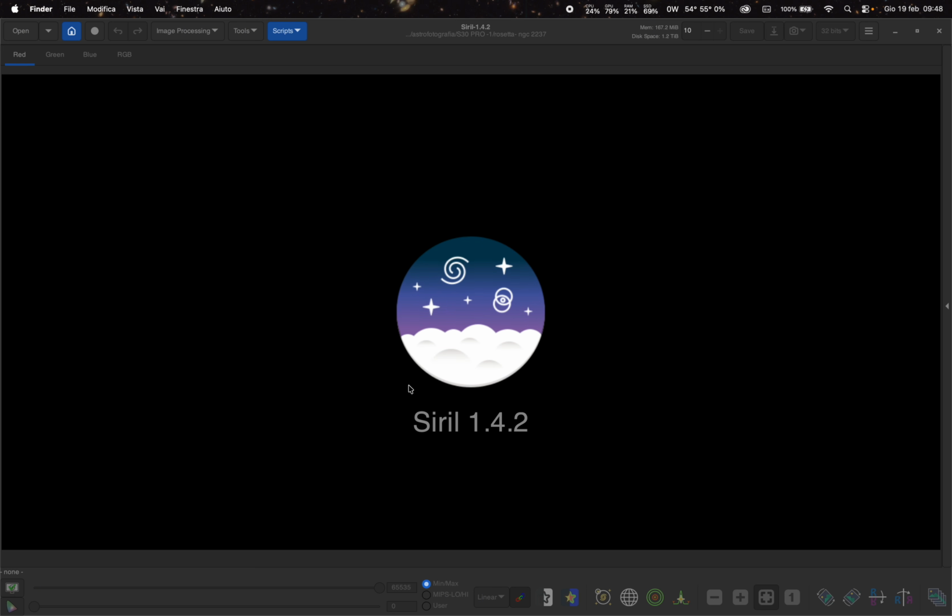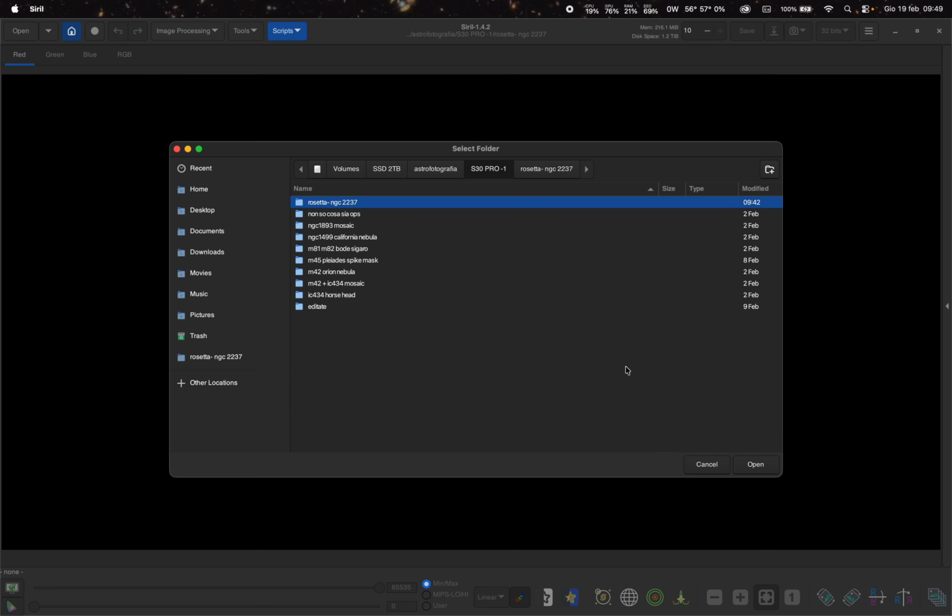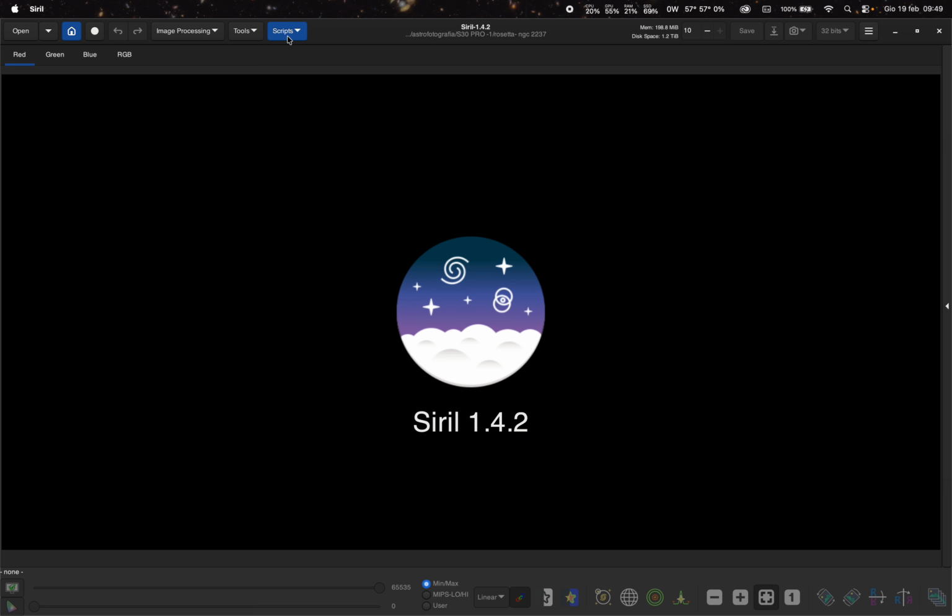Once you do this, you can go on Siril and we have to tell the program which is the main folder that it will use to do all the processing stuff. So you have to click on the house here, change current working directory. So you have to find where your lights folder is. In my case, I use an external SSD, Astrophotography S30 Pro, Rosetta Nebula NGC 2237. Okay, don't press lights. You only have to select Rosetta Nebula, click open, and after that you can go on